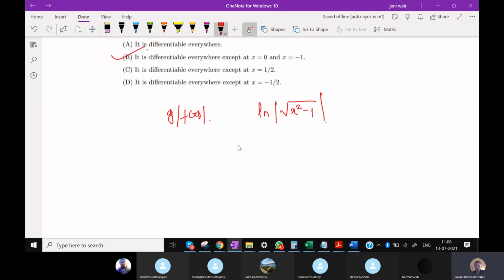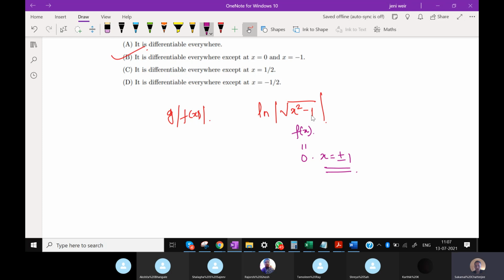So that means this function will have a point of discontinuity when f of x, which is this one, is equal to 0. That means x would be equal to plus or minus 1, right? So that means this function will not be differentiable at x equal to plus or minus 1,